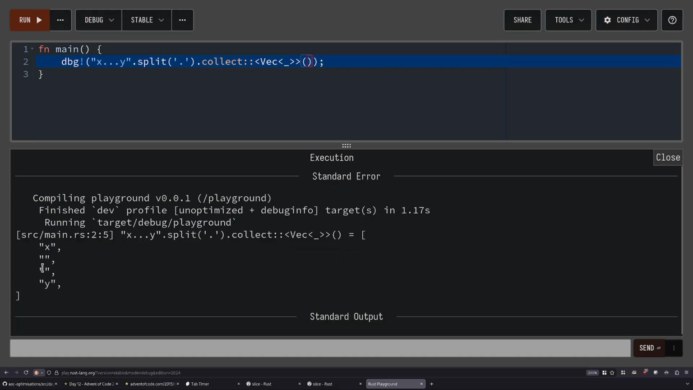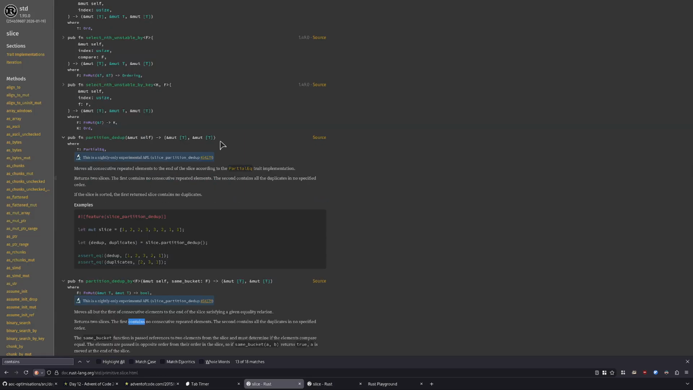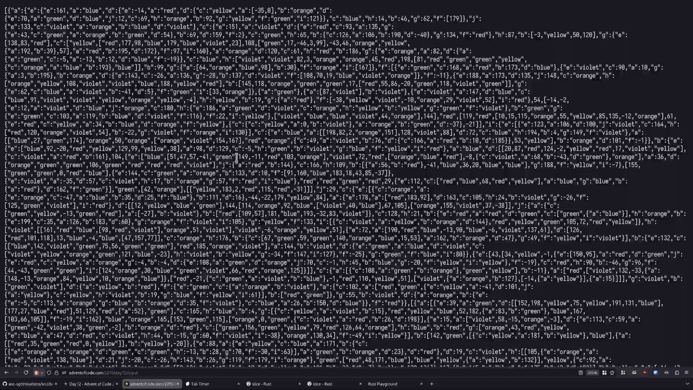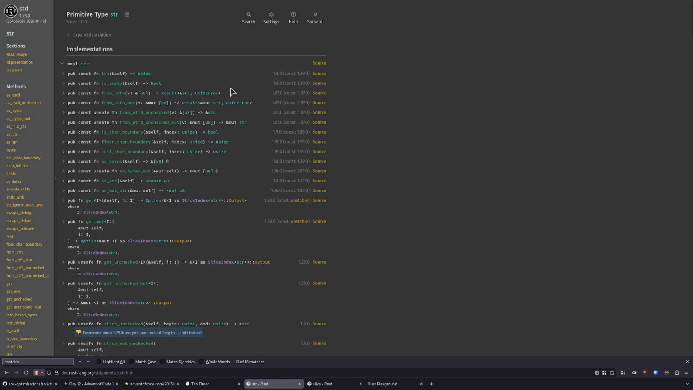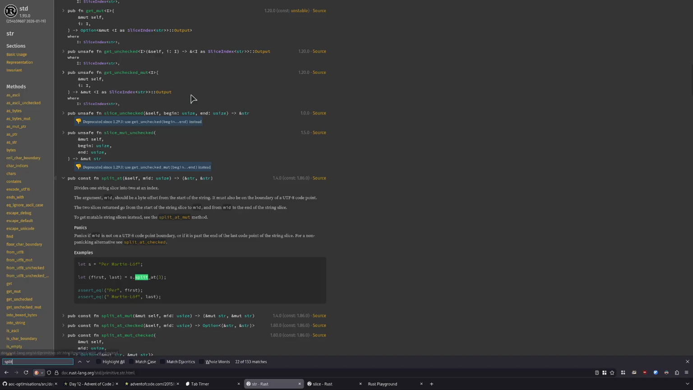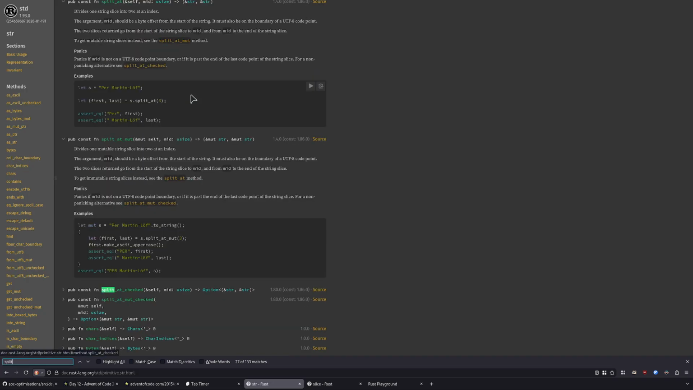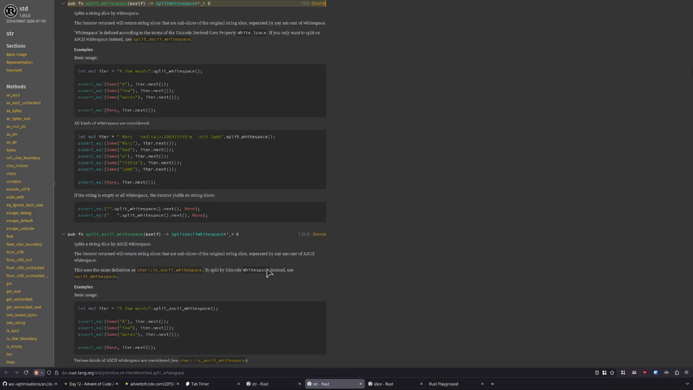So we get X and then blank blank Y, which isn't the end of the world. We can just filter by not empty. If we go back to str, what do we get? What kind of split options do we have? Floor char boundary, I don't need that. Split at mut, split at checked, I don't want any of these. Split whitespace. So split whitespace actually does what I want, in that it will split on multiple whitespaces. So you see Mary had is